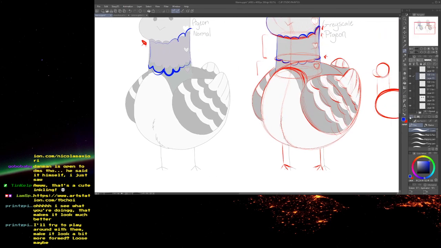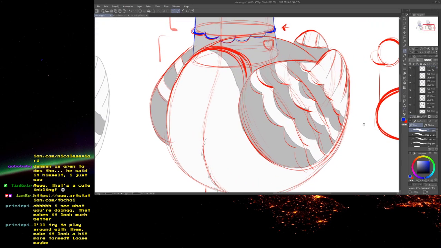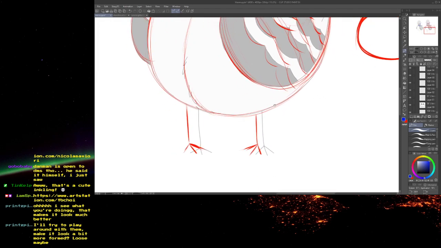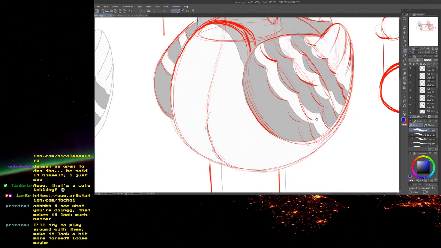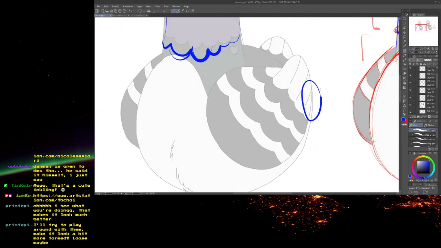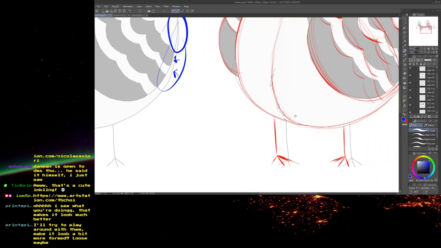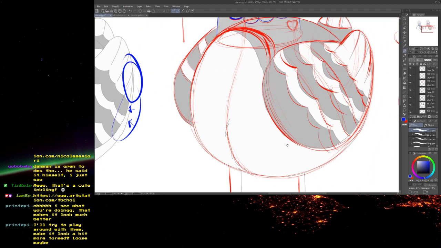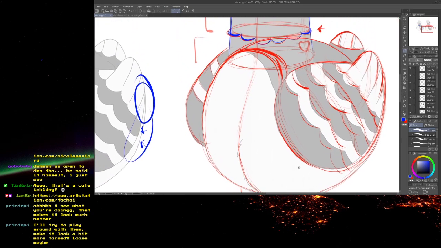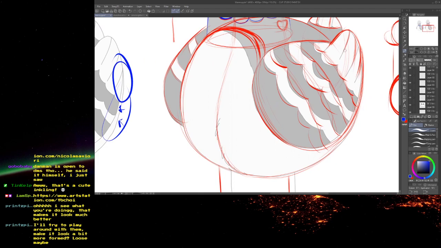Anyway, one of the other problems that I see with this is this thing called tangents that's going on in your design. Tangents are when lines get too parallel to each other and they flatten something out. In this case, the tangent is all along here. These two lines are really close to parallel to each other on the wing. The thing about tangents is it's a principle to avoid them. It's not a hard and fast rule, but in this case I think it will strengthen your drawing